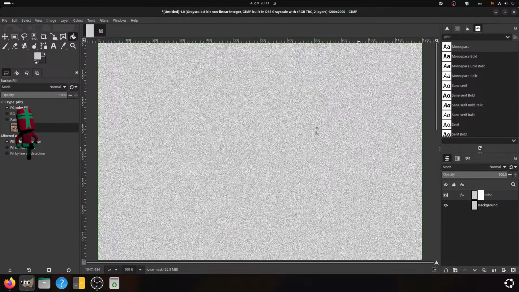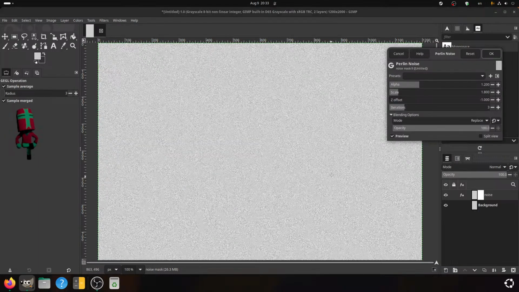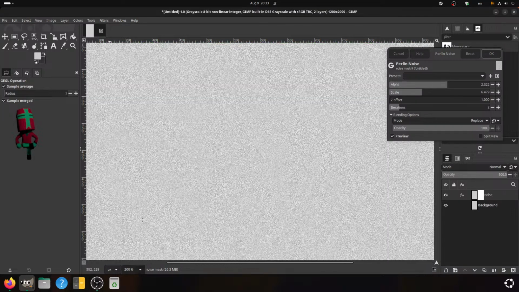Layer mask. Could maybe filter render noise, parallel noise? Okay, just way more scale. 3.2. More alpha. That is not doing a lot. The scale is also not doing a lot.